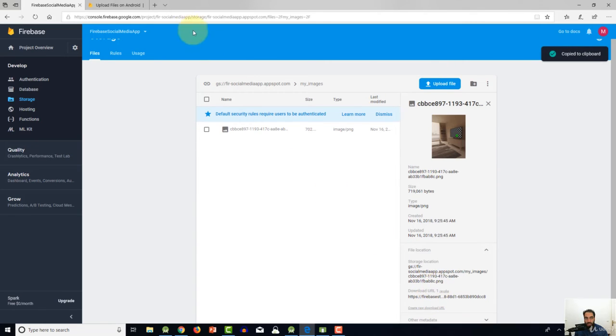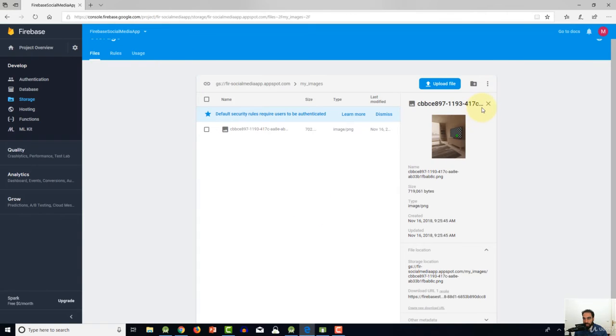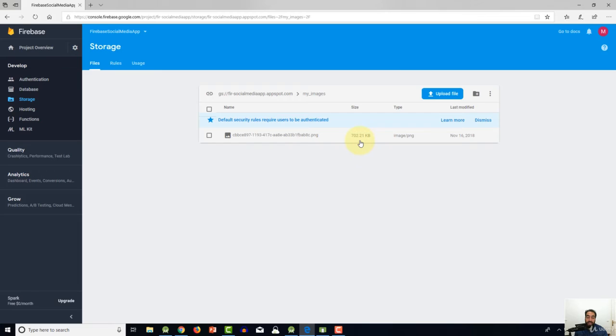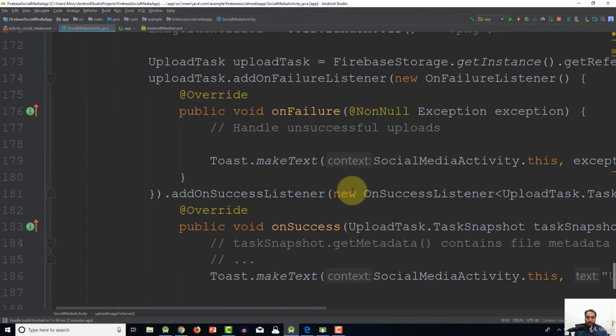So I just copied this download URL and I'm gonna paste it here. Now we should see the image, or we can actually download this image. So here it is, the image that we uploaded to the server. So hopefully that makes sense. Now that we have successfully uploaded the image to the server, let's go to Android Studio, and then inside this